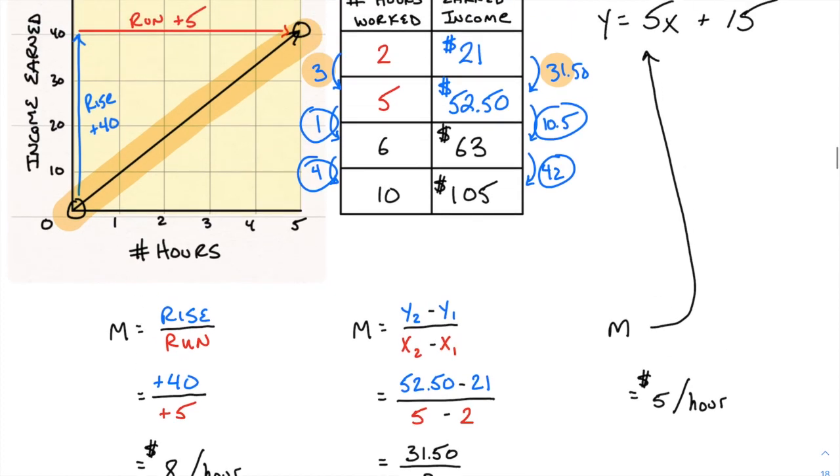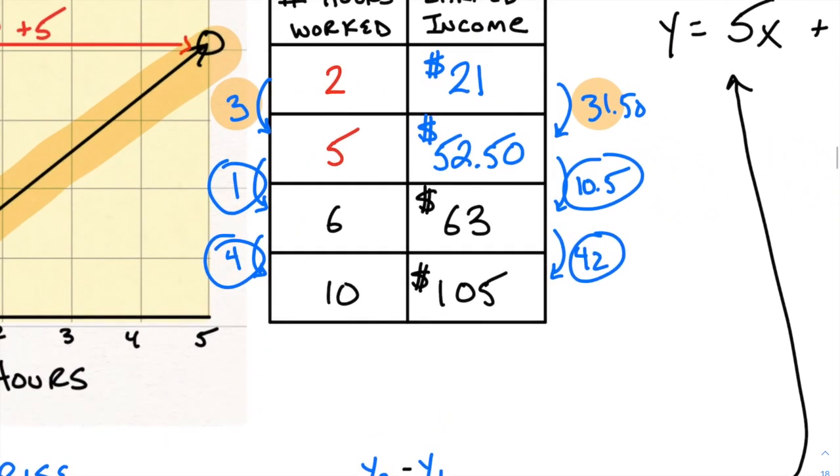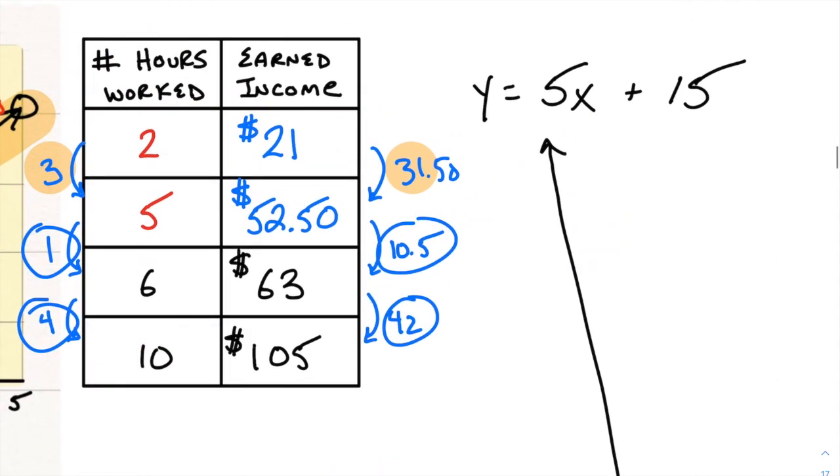The first graph was linear because the line was straight. The table was linear because each of the pairs had the same slope. The equation is linear because one of the many ways we can write linear equations is in what's called slope-intercept form. And I think you should be able to see that there's a good, solid connection between my blue